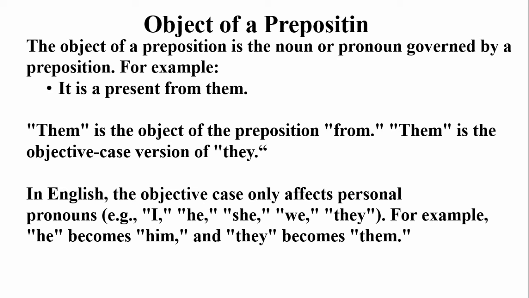For example, he becomes him and they becomes them. Objective কেজের যে বিষয়টি প্রোনাউনের ক্ষেত্রে শুধু এটি ভ্যারি করে, যেমন হি থেকে হিম, শি থেকে হার, উই থেকে আস, দে থেকে দেম, আই থেকে মি। নাউনের ক্ষেত্রে এটি হয় না।